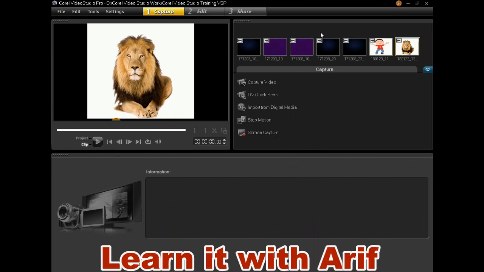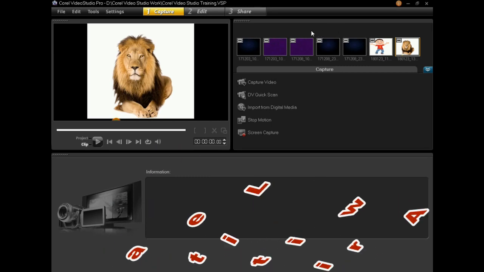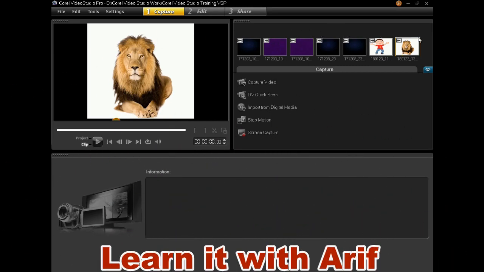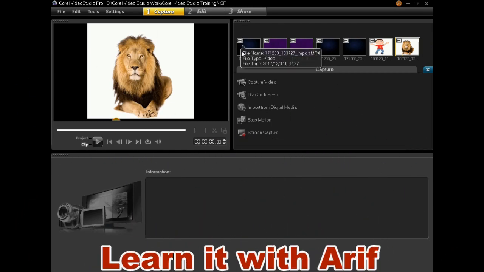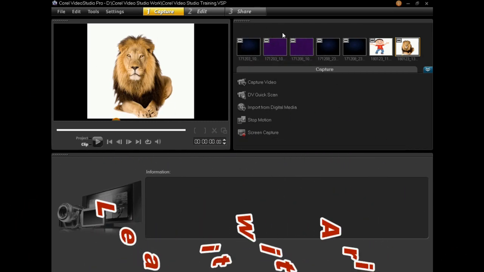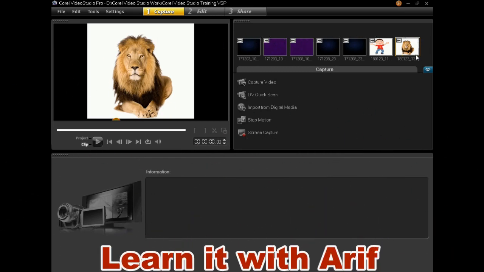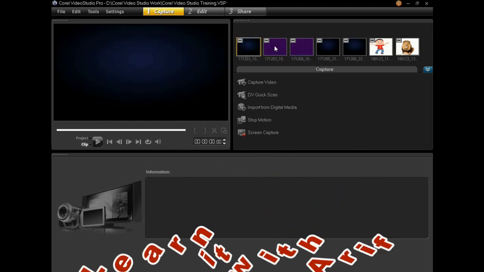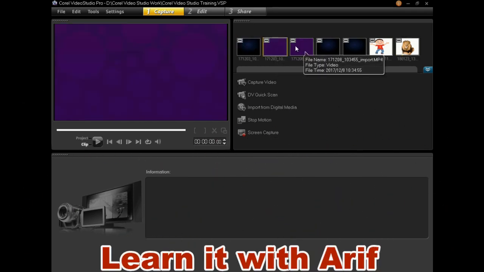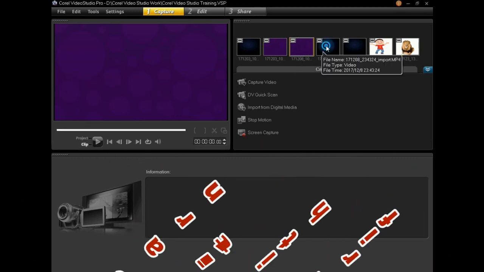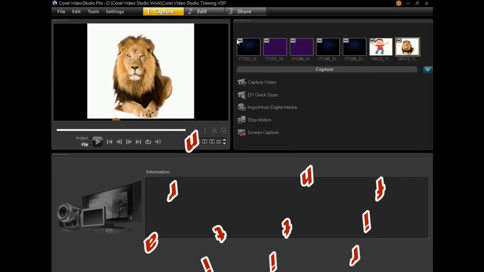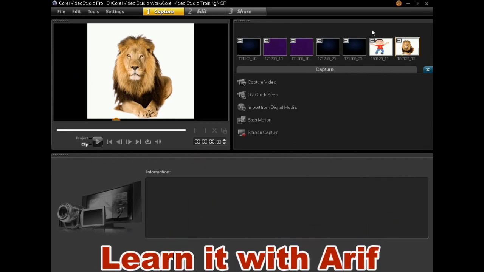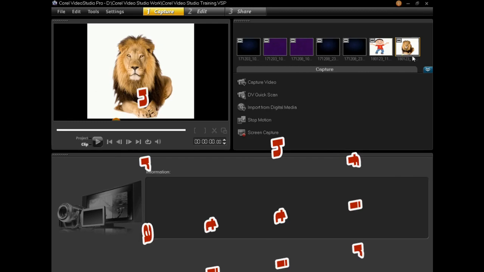All the media files, videos, photos and audio clips that we import to Corel Video Studio are saved or stored in library panel. That is the library panel of Capture Workspace.